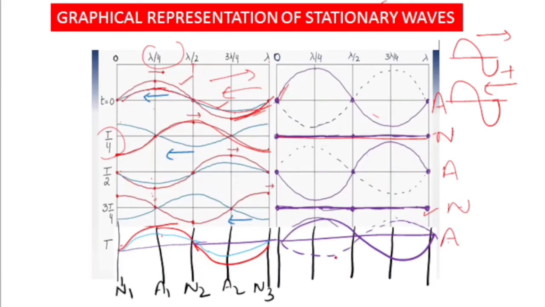These two waves just vibrate about their mean position. When these two waves travel in opposite directions and superimpose, they vibrate about their mean position. Always at this point, a node is there. Always at this point, an antinode is there. Again minimum displacement, a node is there. Then again at this point, an antinode, then again a node. Minimum displacement is a node, maximum is an antinode. So when these two waves are superimposed traveling in opposite directions, they vibrate about their mean position. At one point a node is always formed, at another point an antinode is always formed. In this way, a stationary wave is formed.